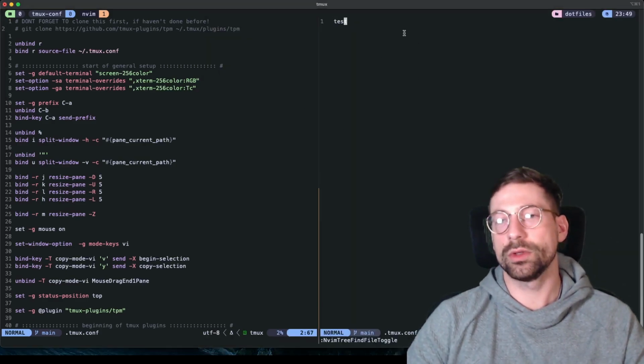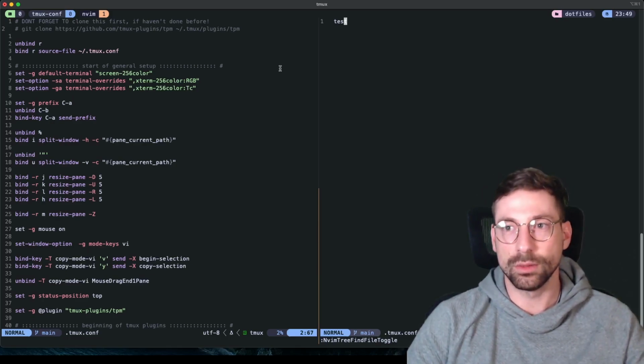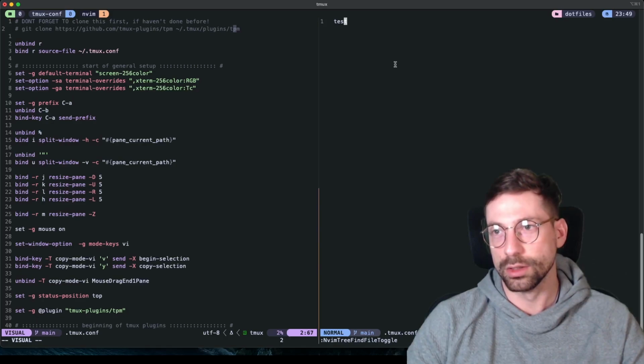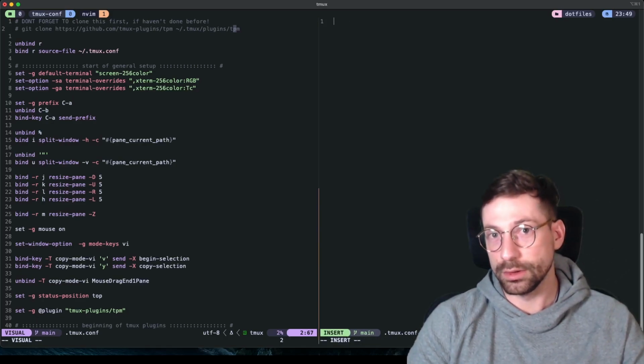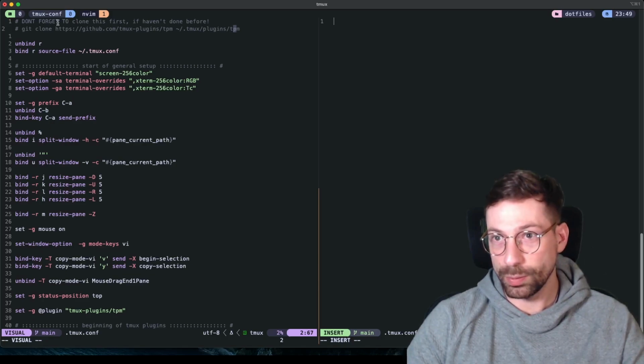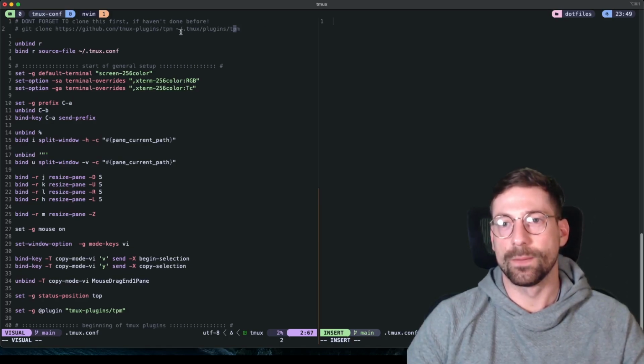Whenever you clone it, essentially you are adding the functionality of the tmux plugin manager. So I'm not going to clone it, but literally you can copy paste this, and what this is doing is